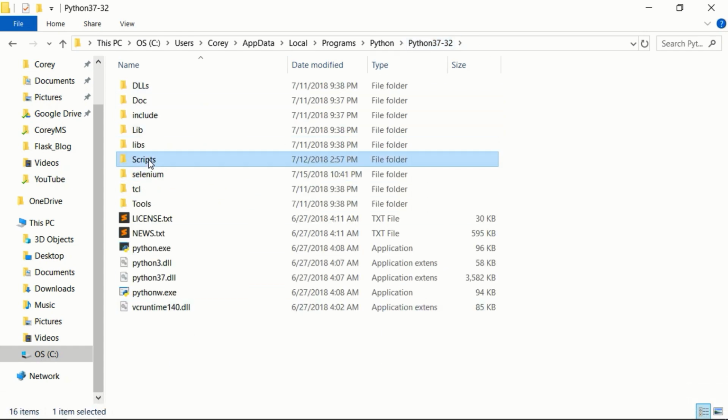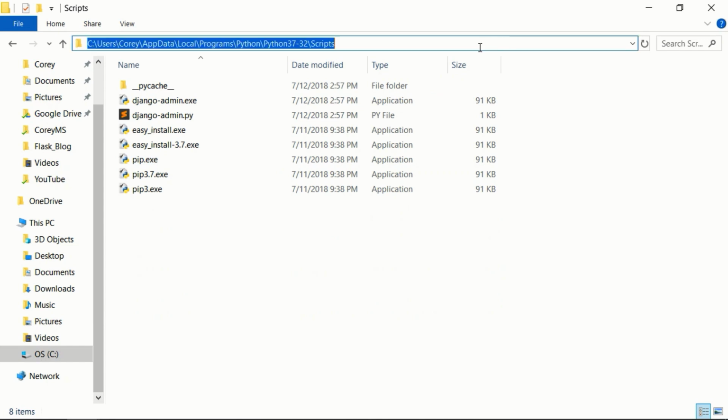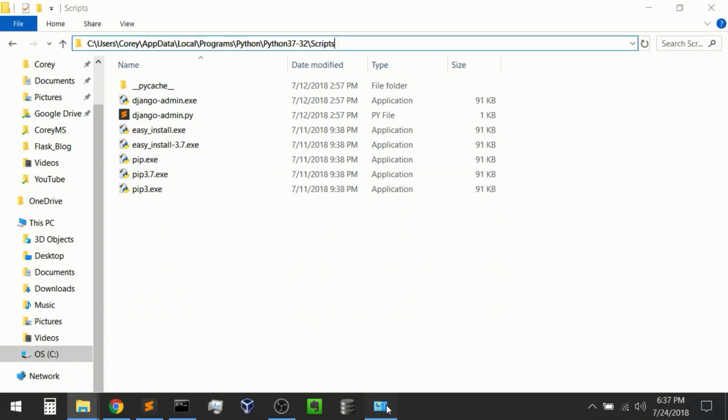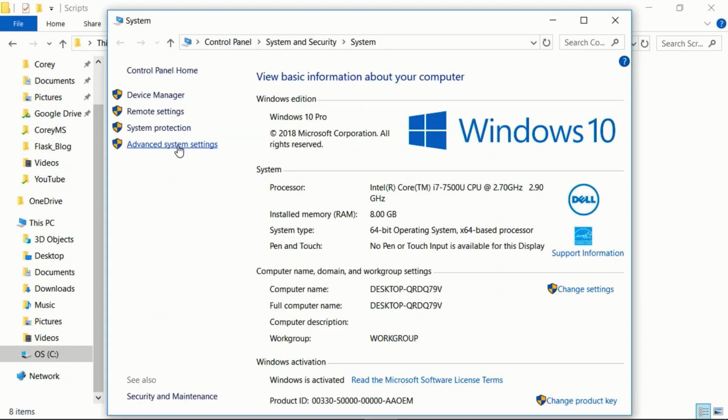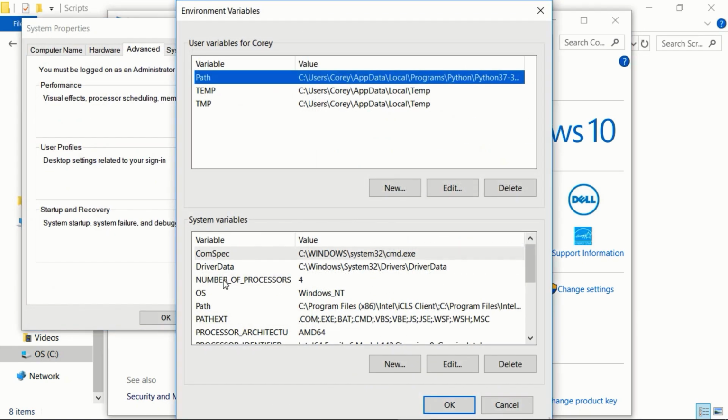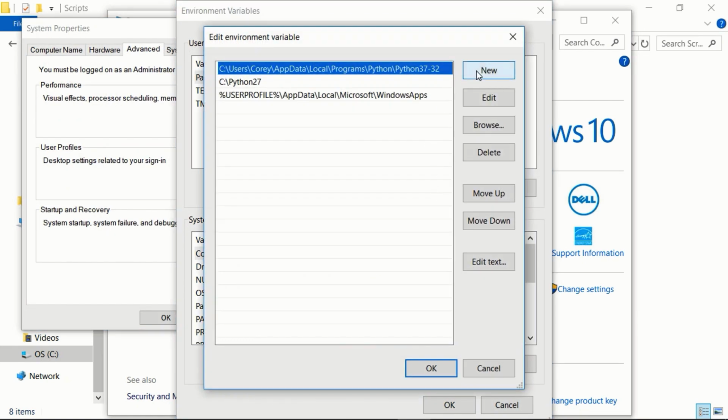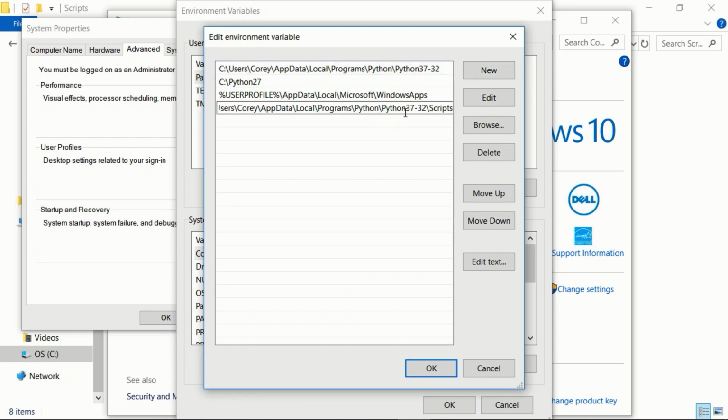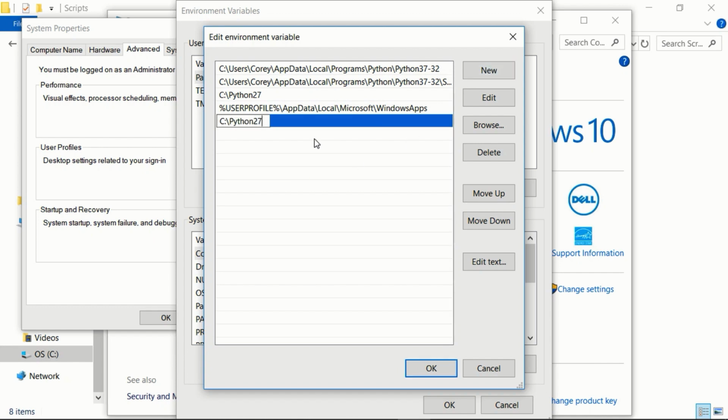So I am going to open up that scripts directory and copy that and go back to our system settings, advanced system settings, environment variables, click on our path and edit. And now we want to go to new and paste that scripts directory in. And then I'm going to move that up underneath our Python 3 directory. And I'm going to do the same thing for this Python 2 directory as well. So I'll click on new and paste that in,